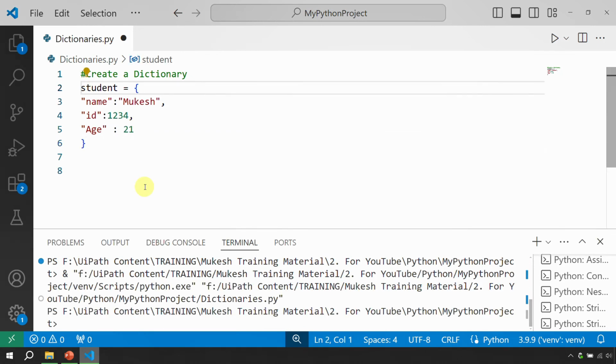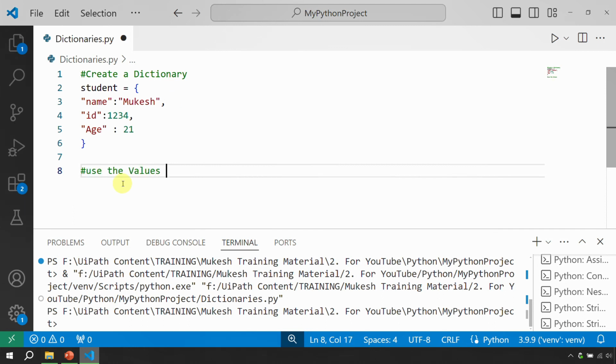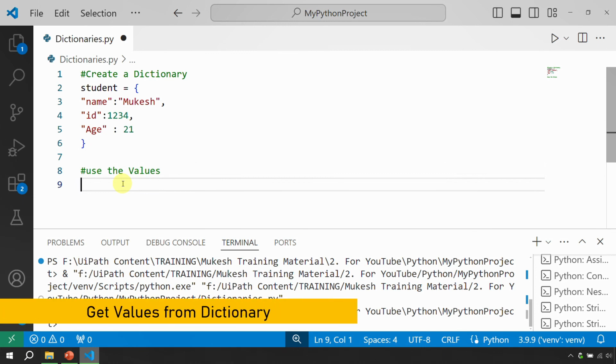Now that was about creating the dictionary, right? How about if I have to use these values? So I will put a comment and I will say use the values. How do you use the values from the dictionary? To use the values from the dictionary, all you have to do is just use the name of the